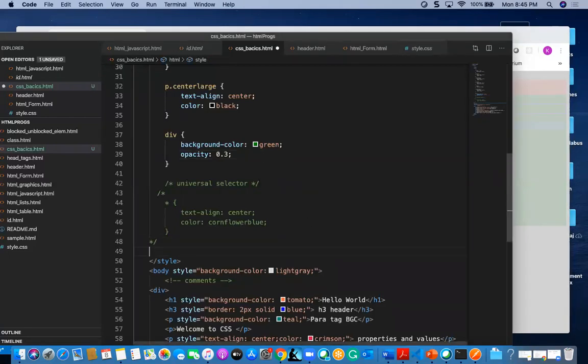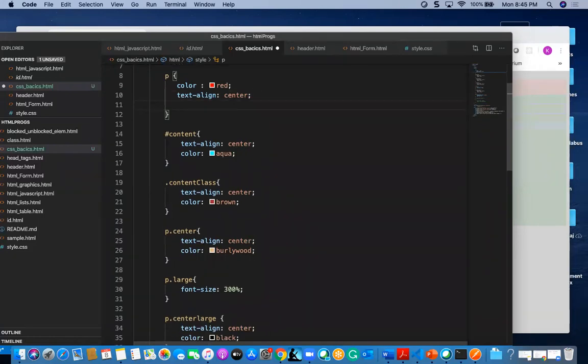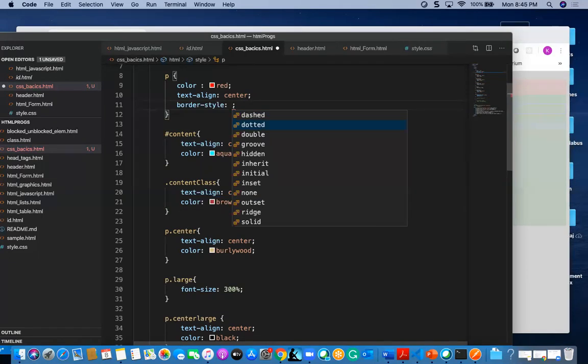Suppose for this para tag I am mentioning some border style, let us think border style. I have one property, so that's dashed I am putting.